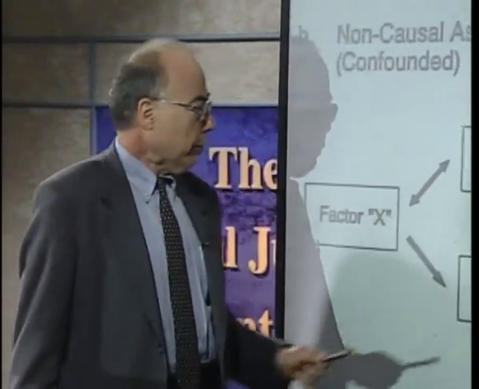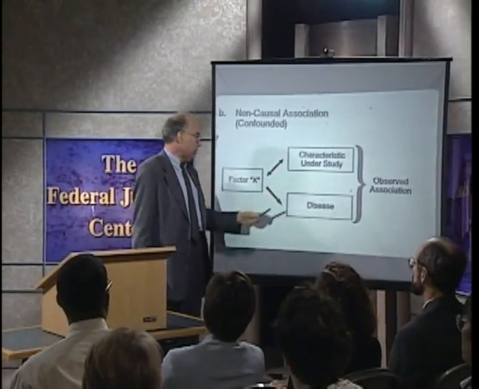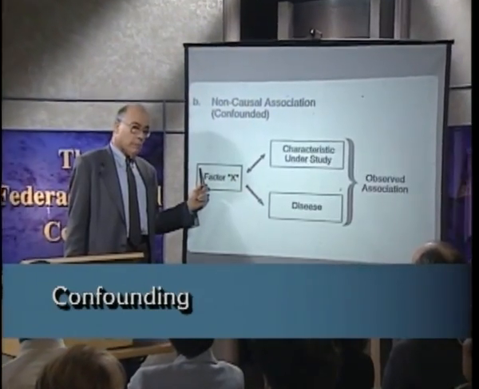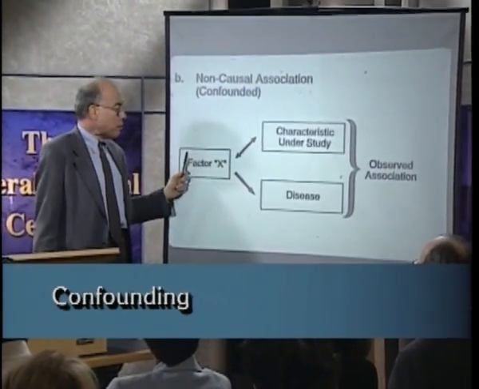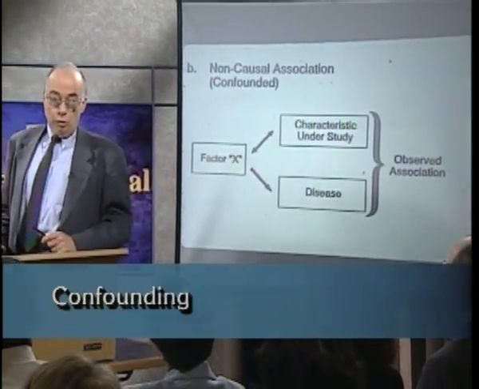It is also possible, however, that we can observe an association, as shown here, not because the characteristic or exposure causes the disease, but because both of them are linked to a third factor. Both are linked to a third factor, and that results in an observed association that is not causal. For example,